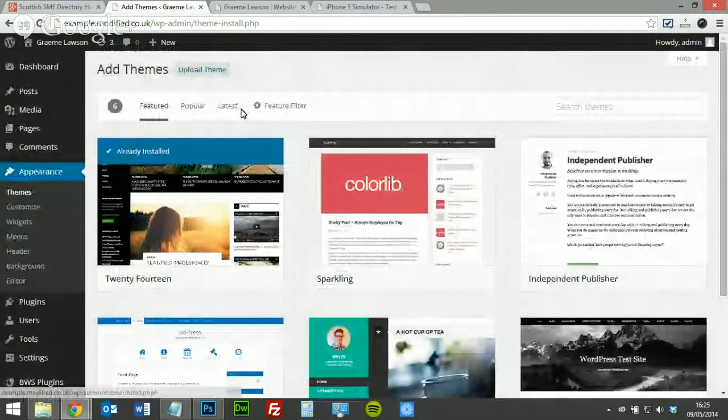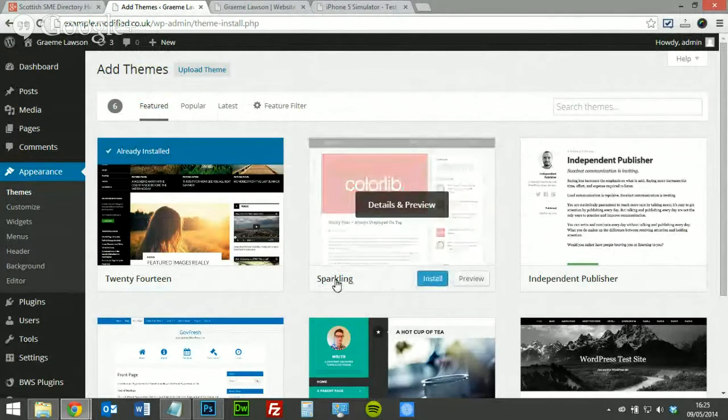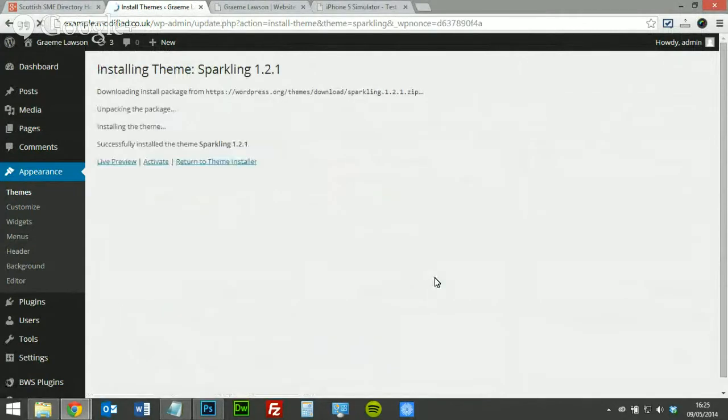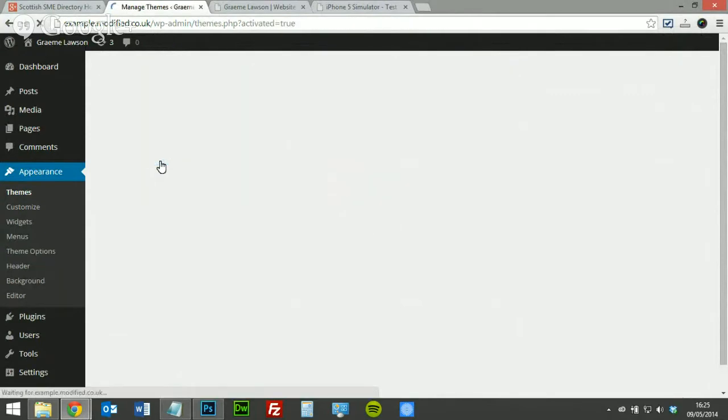You can also buy your own theme and upload it onto this system if that's what you want to do, but for now we'll pick this first free one, which is called Sparkling. So I'll install that just now. Activate it once it's installed,